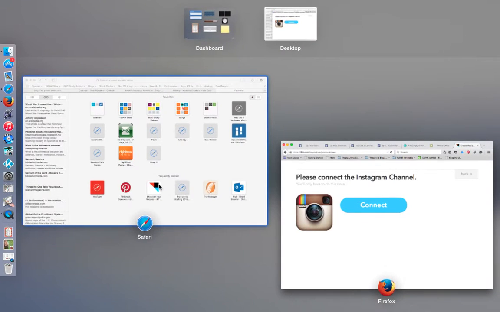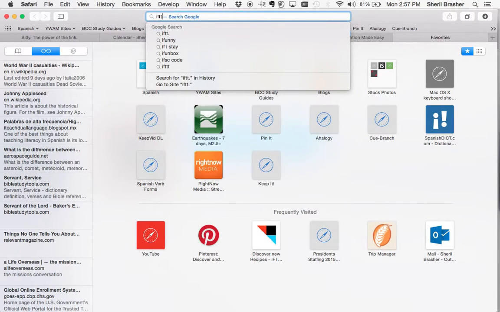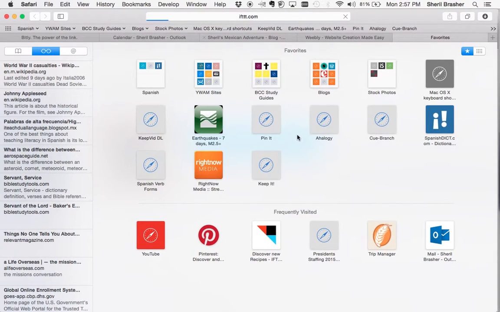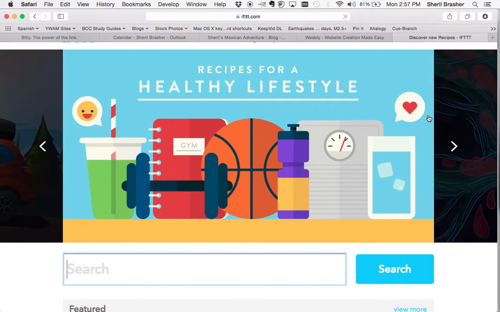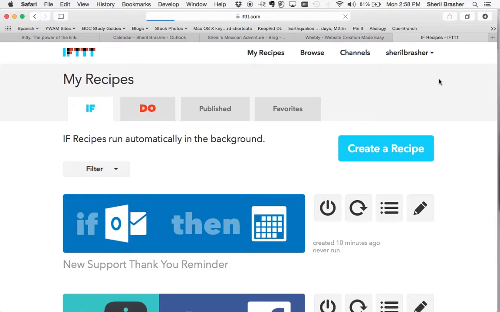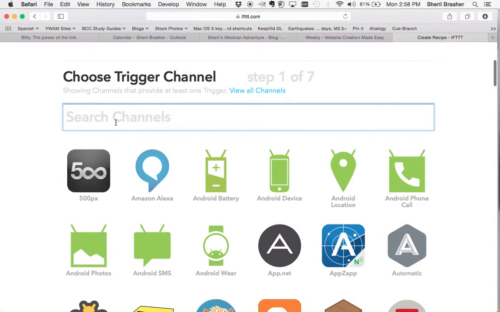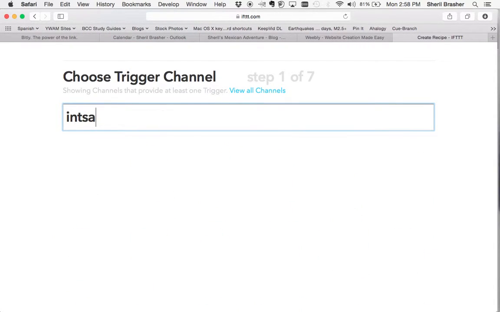So let me go over there, and you can actually see. I'll go ahead and create that actual recipe. I know on Instagram it's really easy because you can click Facebook and Twitter, but sometimes you forget to do that. If you do, it's fine. You can just create this and it's automatically going to go. So if this, I'm going to go to Instagram,